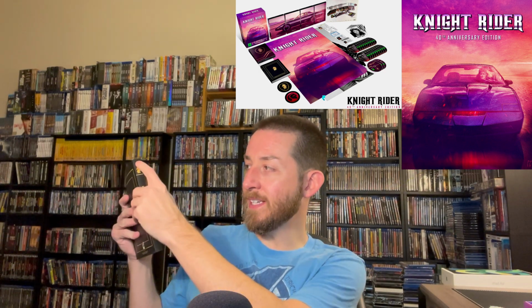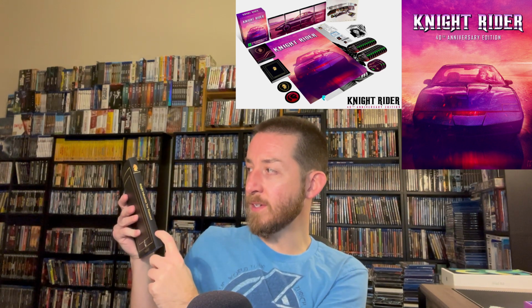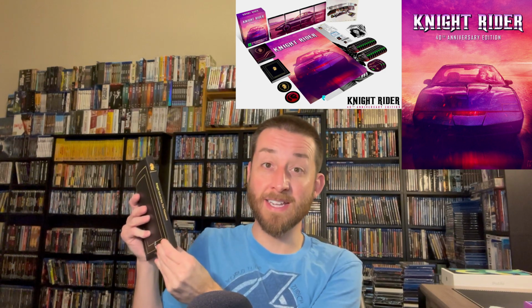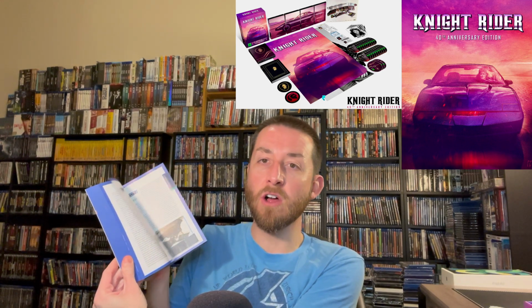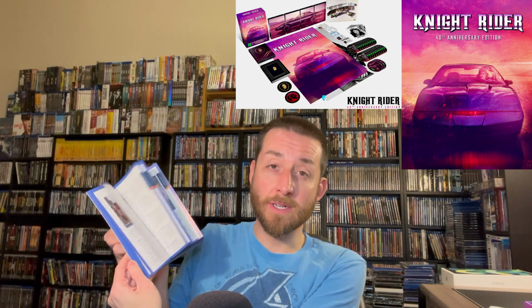Now, I've talked about these collector's edition books before. This book says Knight Industries 2000 on it. It is thick. This is the thickest book I've gotten in one of these sets that I have seen yet. It absolutely is amazing. In this book, it's all high glossy pages, pictures, talking about every episode in the series,